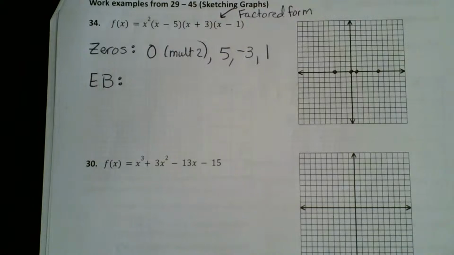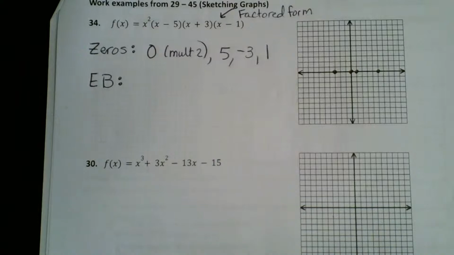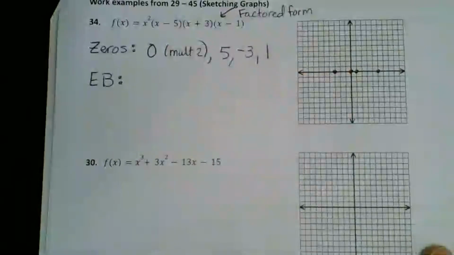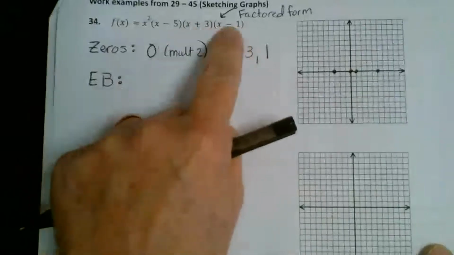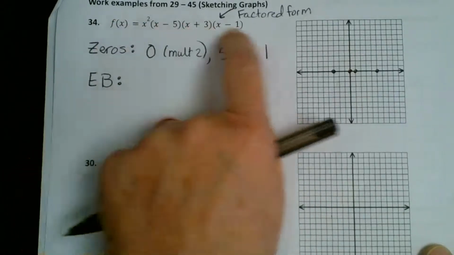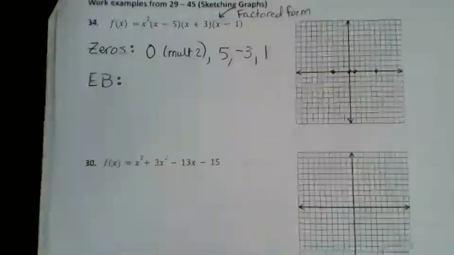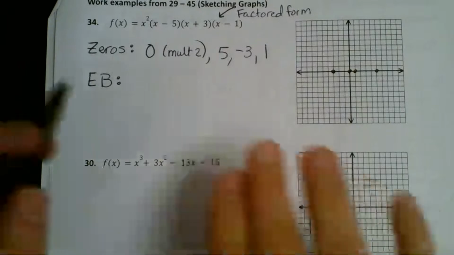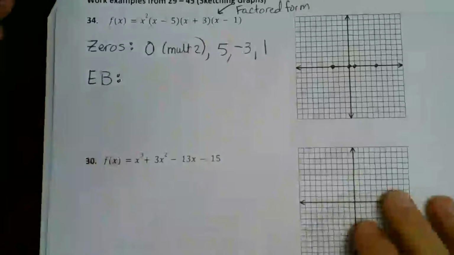But the end behavior needs the leading term when it is not factored. Our example is factored. Do we need to unfactor it? If we had to unfactor it, we'd have to FOIL and then distribute that and then distribute that. So are you hoping maybe there's an easier way? Hoping, but okay, so if it is unfactored, you can find the leading term by